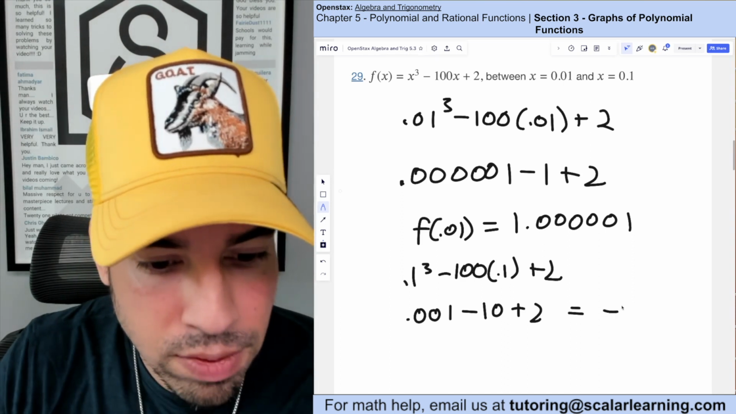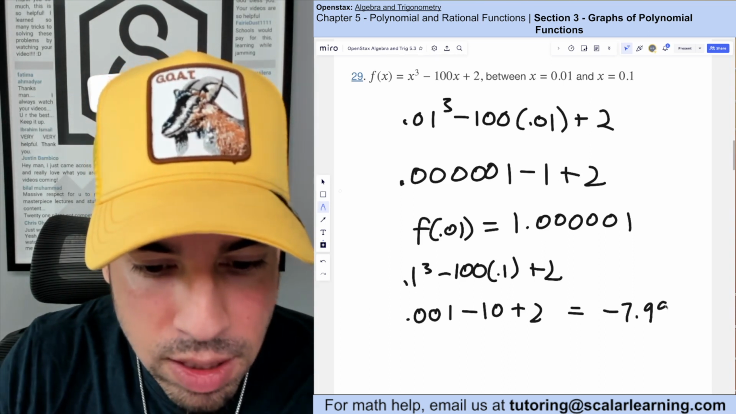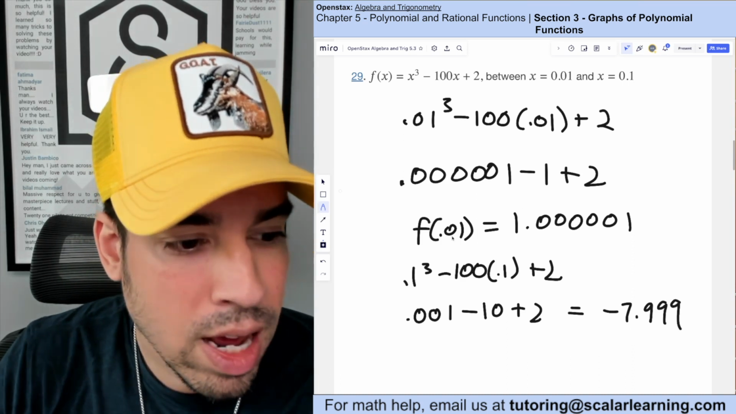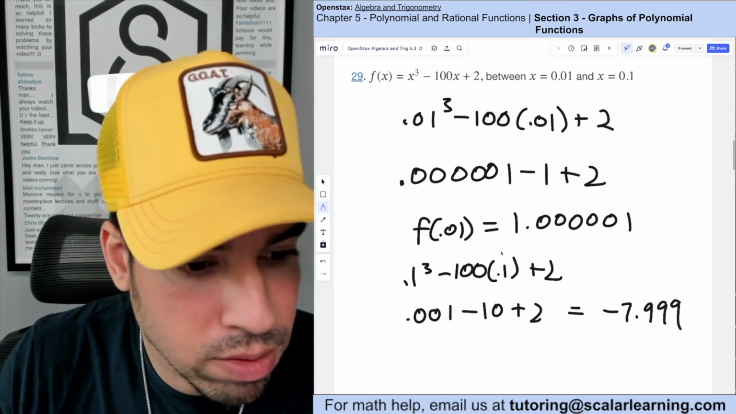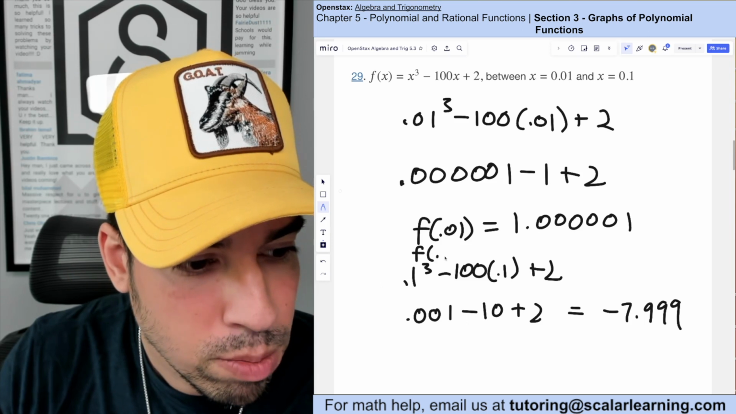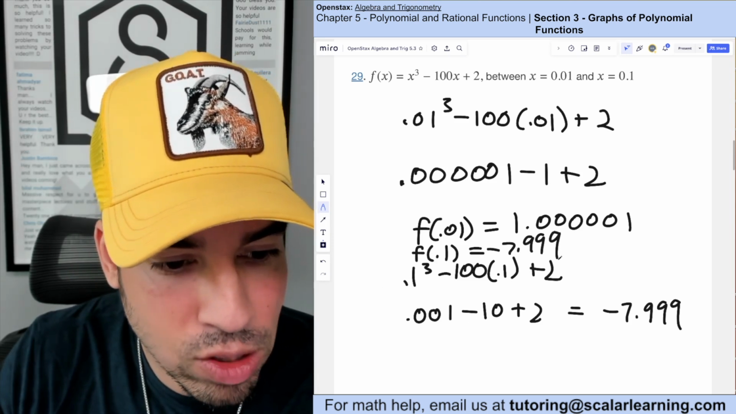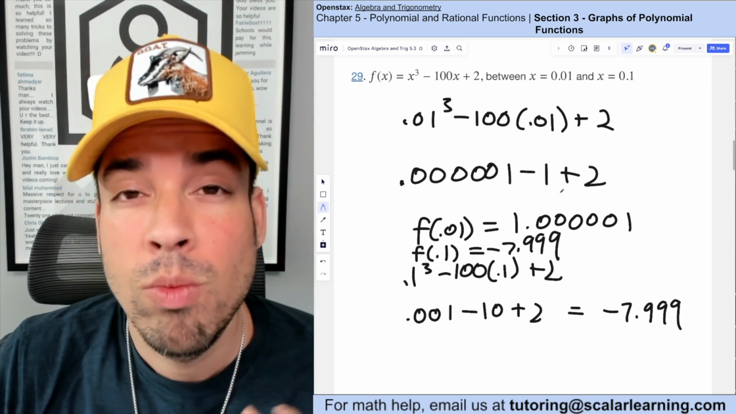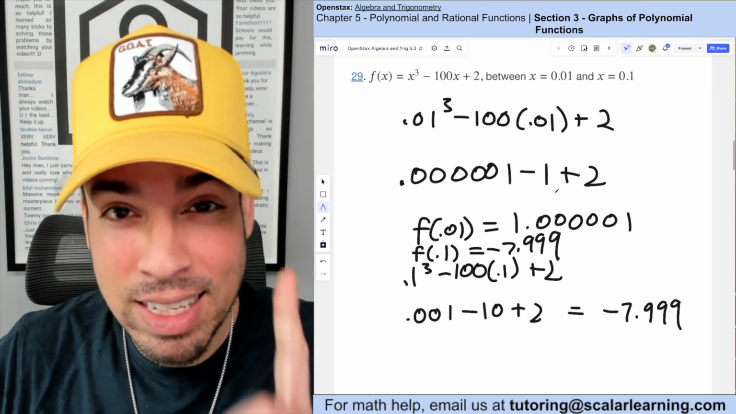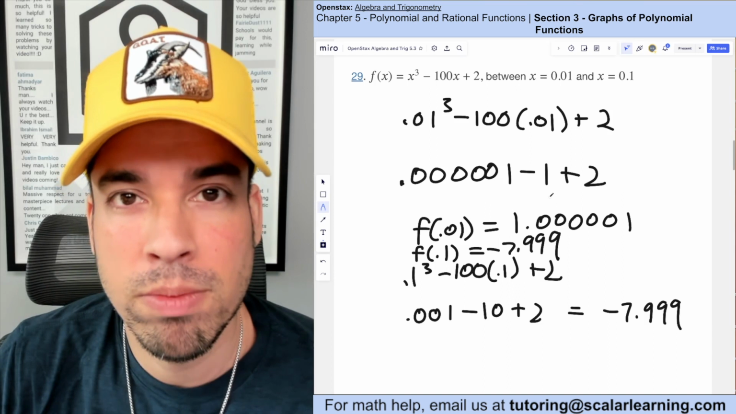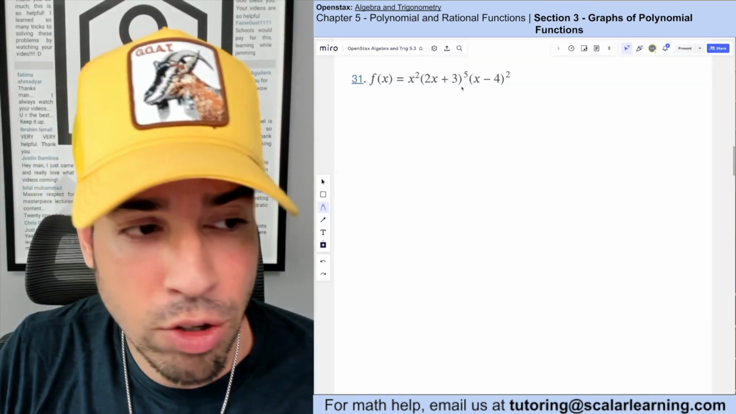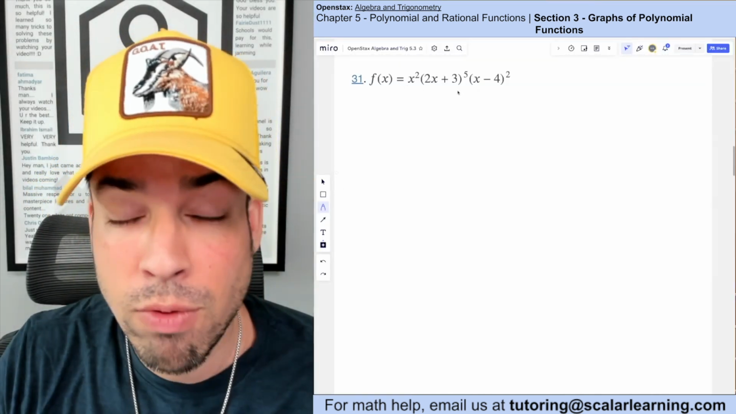Negative 7.999. So we see that f of 0.01 is positive. F of 0.1 is negative 7.99. So again, because of the sign change, we've proved that there must be at least 1 zero on this interval. Boom, done. So for this one, to find the zeros, we have to get it into factored form, but it's